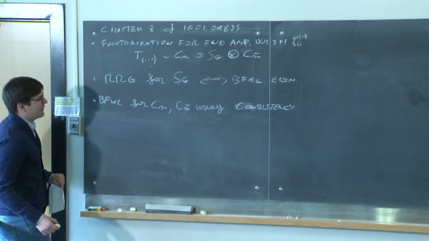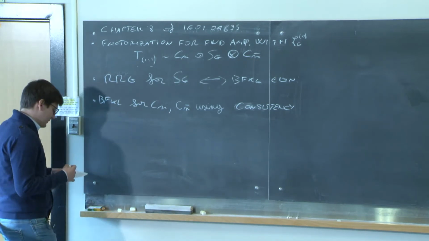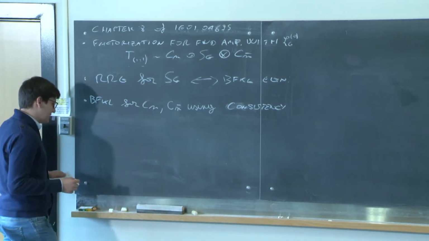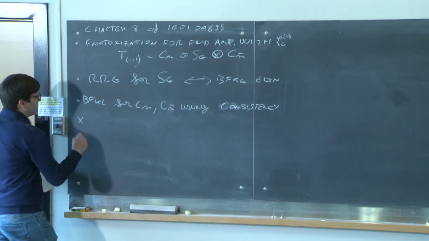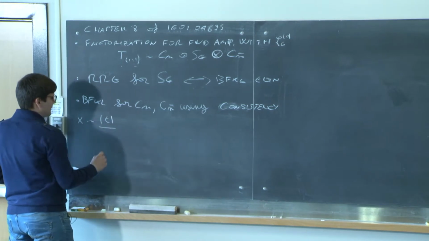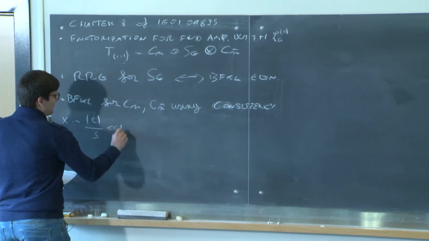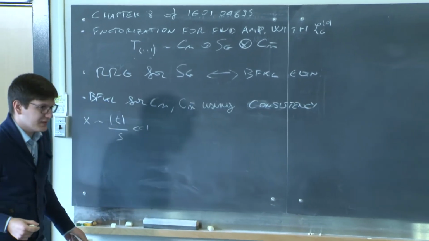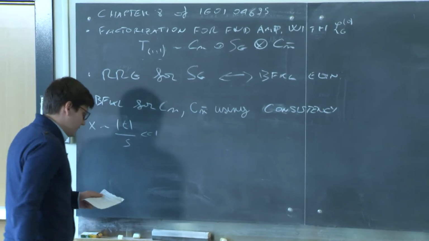So I'd just like to give a very brief introduction about what BFKL is, if someone doesn't know about that. The idea is that the BFKL equation is summing logs of x, where x is roughly the ratio between the t-channel invariant and s. So in the limit where this is much less than 1, I'm going to have logs of x that I want to resum.